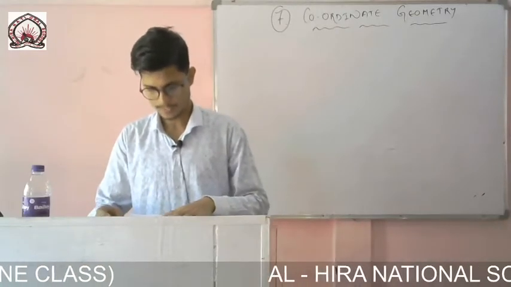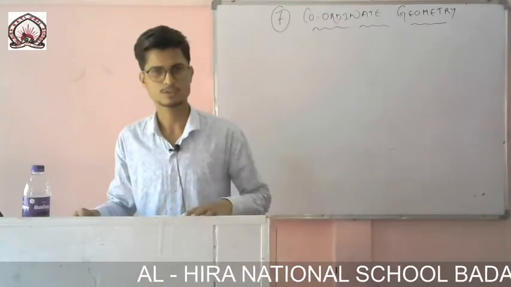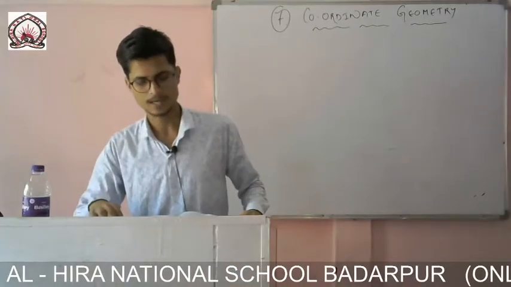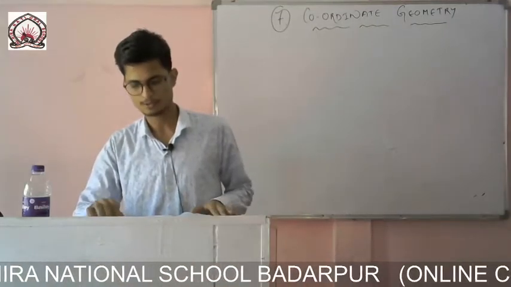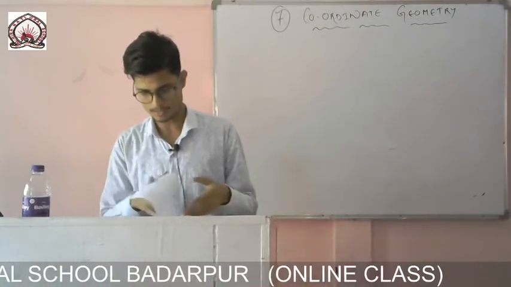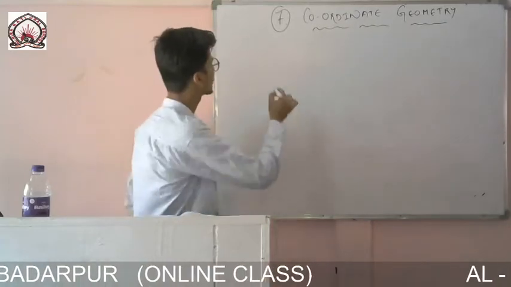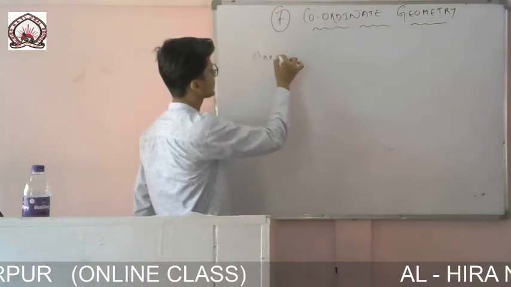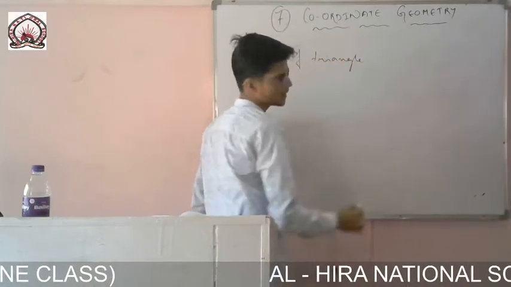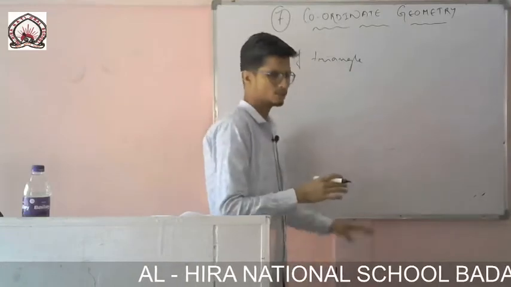So today we will be discussing the last exercise, that is exercise 7.3. Okay, first two we have completed. In the first exercise it was using distance formula, second exercise was using section formula, so I think it is clear. So now we will discuss this exercise, which is about area of triangle. Okay, so directly you no need to prove this one.